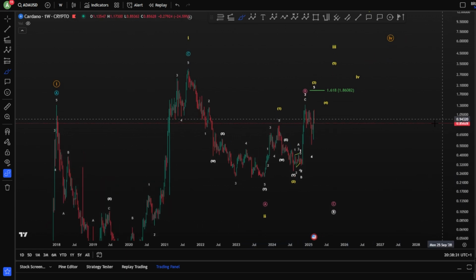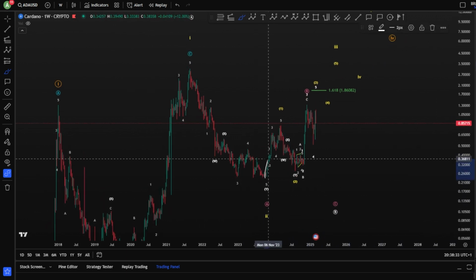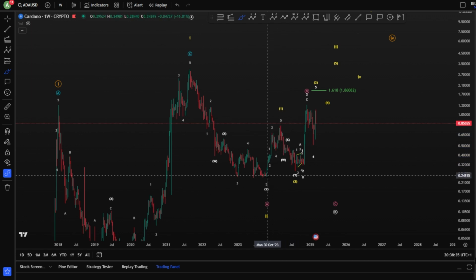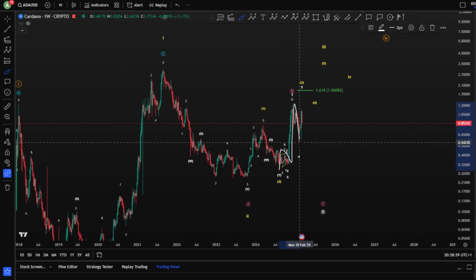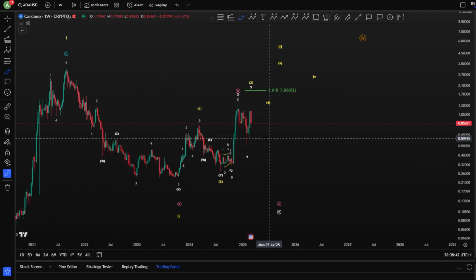So basically, I would say as well, if we are looking here for an impulse 1, 2, 3, 4, 5, if you are in 1, 2 here, and you're looking for 1, 2, 3, 4, and a 5, of course, you would like to see higher prices hitting, of course, the 1.618, right?